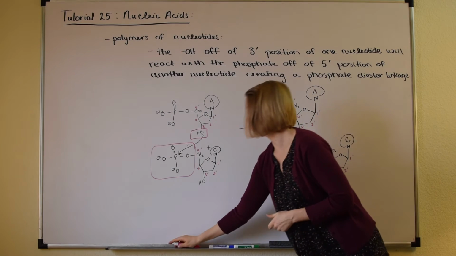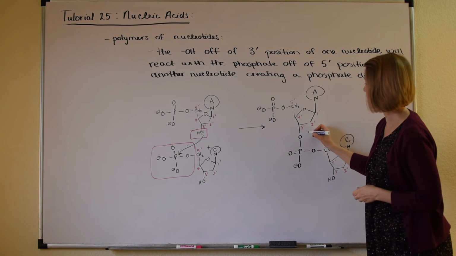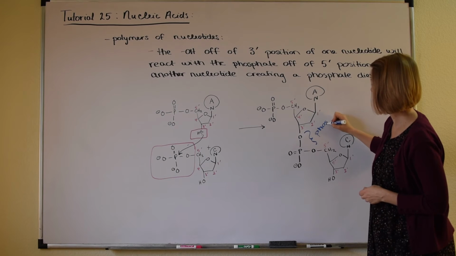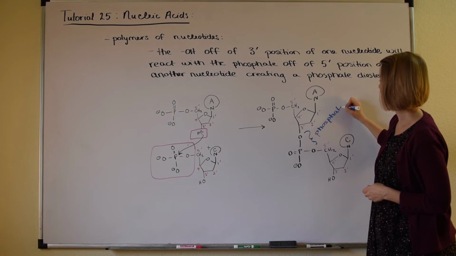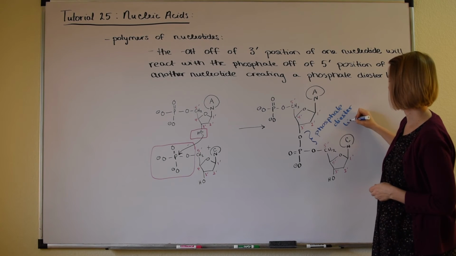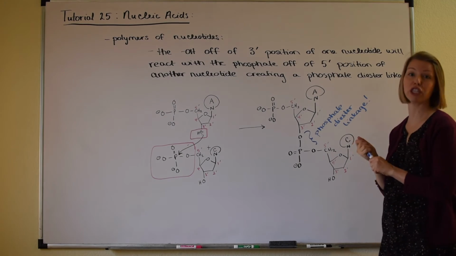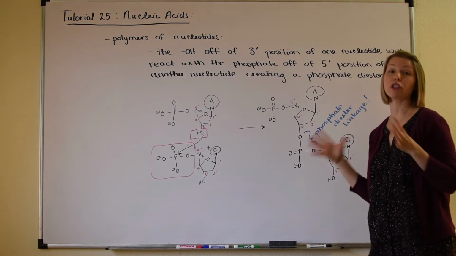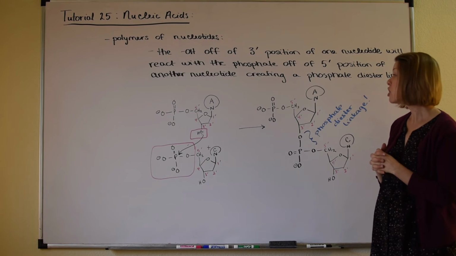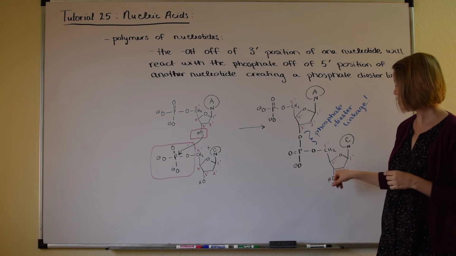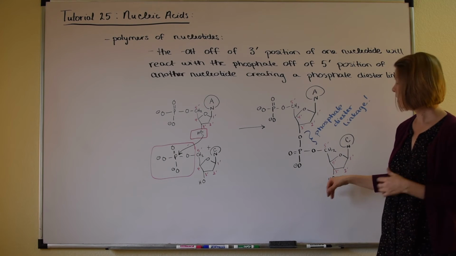Let's go to the blue pen and let's label that. This is our phosphodiester linkage that connects the two nucleotides and makes this dinucleotide. All right, so you can probably imagine that the free OH at the 3' position here can now react